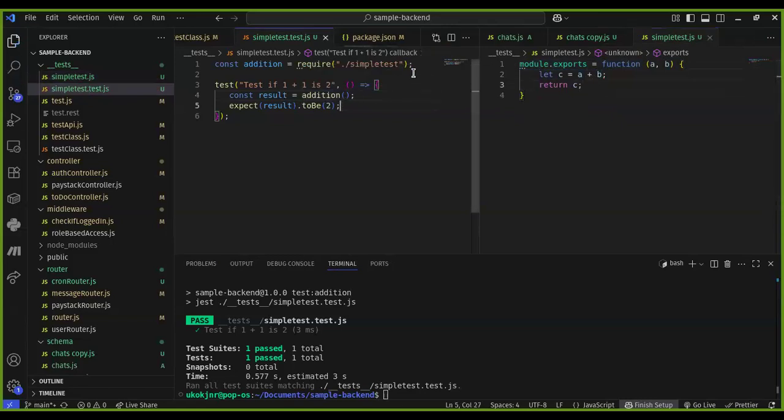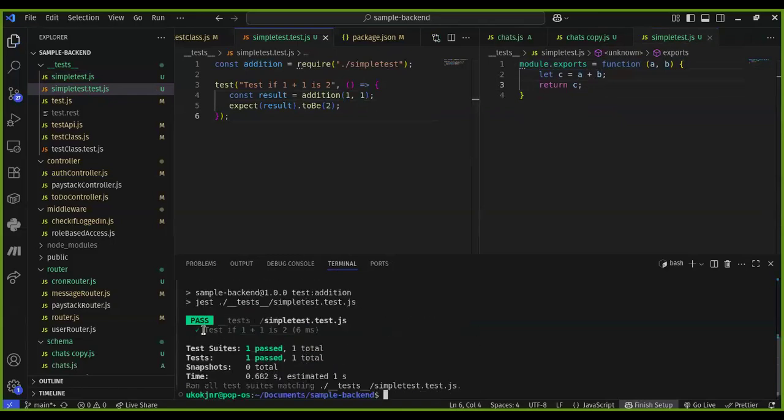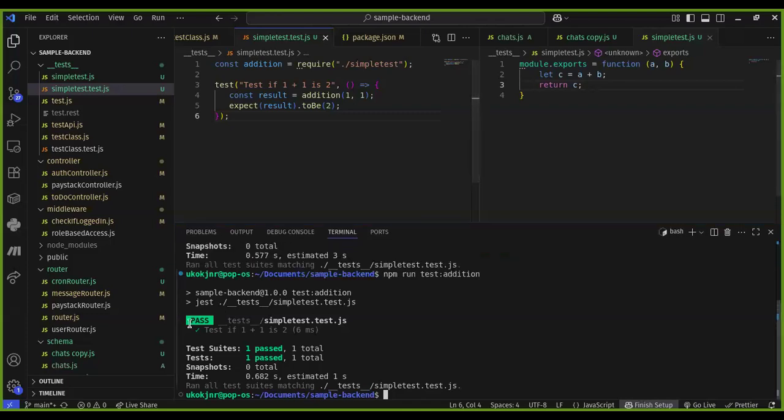Of course, so that means if I say 1 and 1, that should still give us two. So you see, one test. This is the good thing about using Jest. It ticks what passed, right? If we had two tests, so